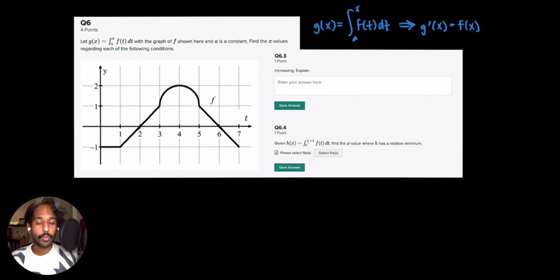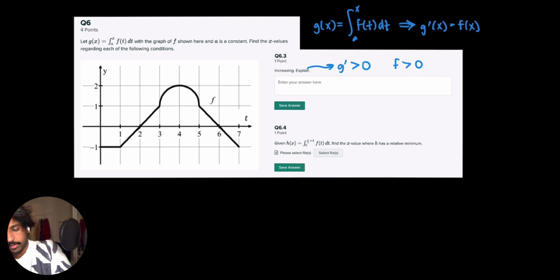So when we're asked, when is this increasing? Well, here's a question. When is a function increasing? We know a function is increasing when its derivative is positive. But we know that the derivative is positive when f is positive, because they're the same thing. So if the derivative is positive when f is positive, let's find the regions where it's positive. I see that happening here. And so my answer to this question would be